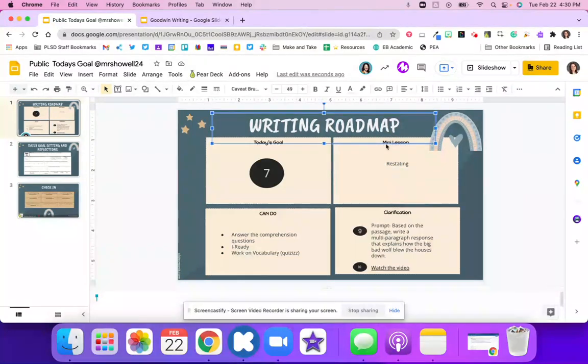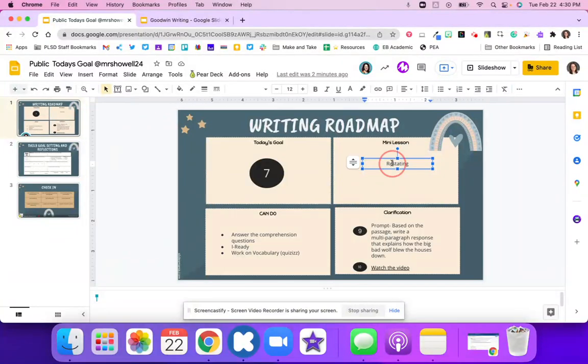But you could do a small group lesson too, and you could set students up in kind of a station rotation where you would tell them, hey, there's no teacher check-ins today. If you get to that point and you feel good, keep going or work on these can-do activities. And so you could set up a mini lesson or again, station rotation and have 4 different types of stations that are covering mini lessons, or spend the first 10 to 15 minutes on a quick mini lesson on something